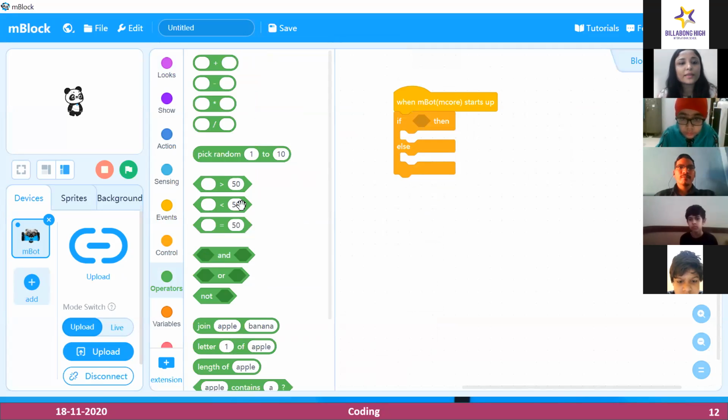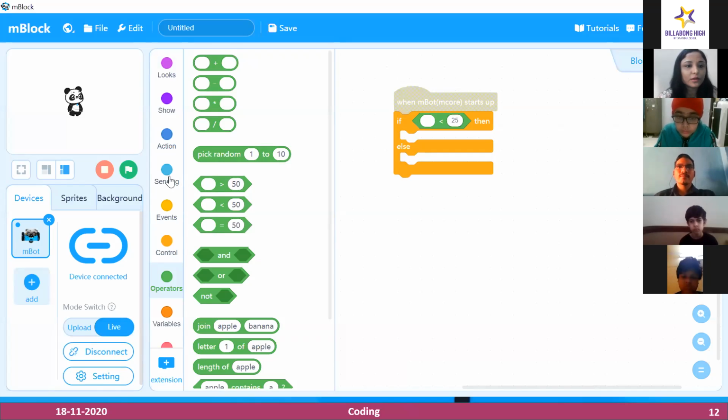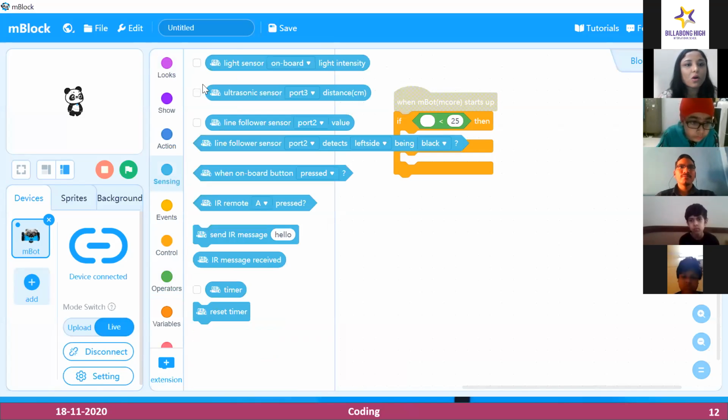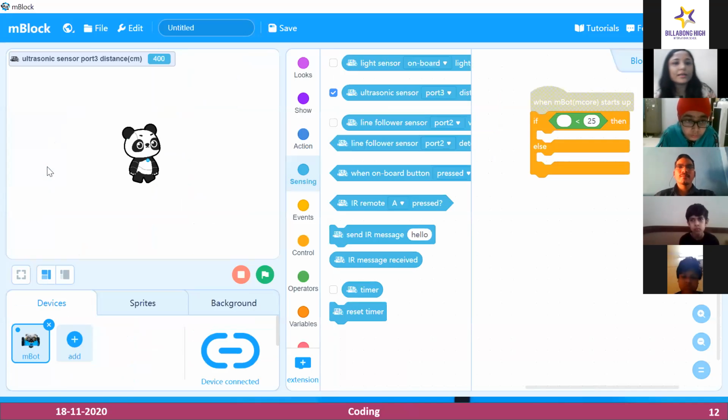So if something is there within a range of, I said 25, right? Yeah, 25 centimeters. How am I going to check this 25 centimeters? For that, I'll go to live mode. In sensing, there is a block called ultrasonic. My ultrasonic sensor is currently connected on port 3. If I put my hand here, you will see a distance. You see the reading on the left hand top corner of the screen. If I increase the distance of my hand from the sensor,